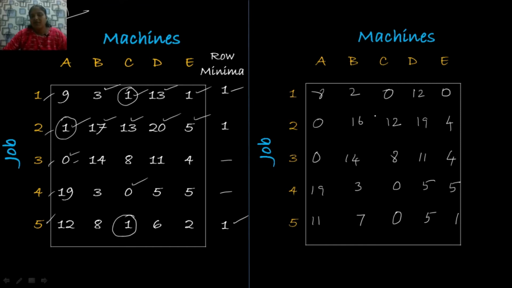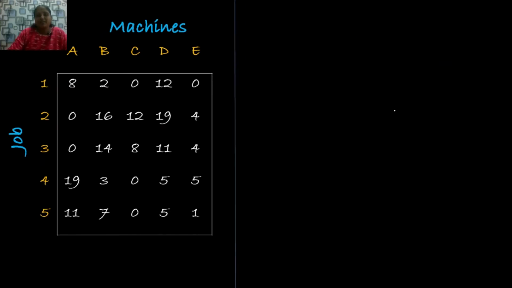After this, what we are going to do here is, we have to check it along column wise too, whether each column has at least one 0 element or not. For that, now, this is our step 2. Look at the first column, it has a 0 element, so leave this. Second column, it doesn't have any 0 element, so pick up the minimum element. 2 is the minimum element.